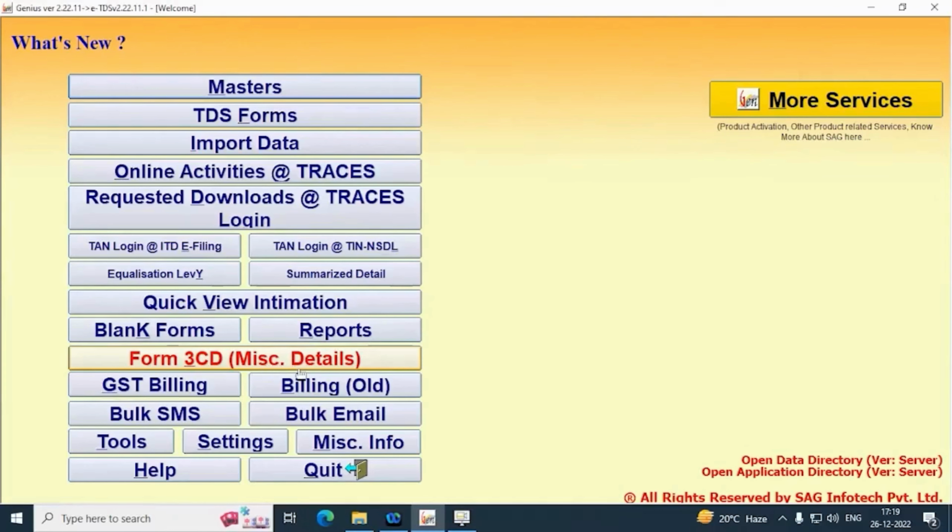For billing purposes, there are two types of billing options provided, that is GST billing and old billing. Old billing is just for normal billing, where you can create a particular client or company for which you are going to generate the bill. After creating the client, click on the client and select the financial year and the party name for creating the bill. Mention the particular year, type and amount and click on the Update button.